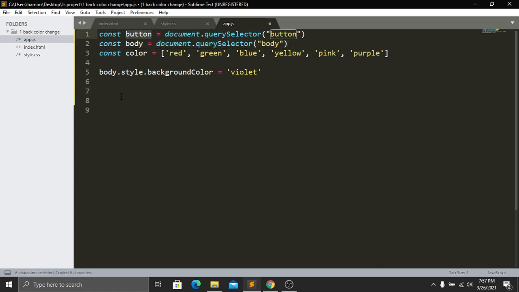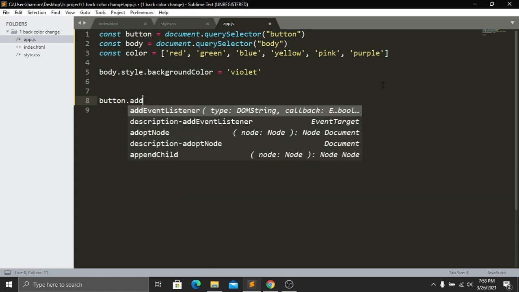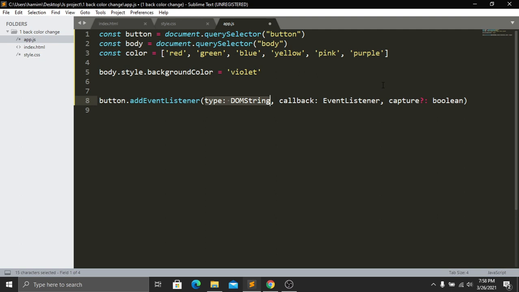So that's why it will be button, and then I want to give the instruction. This JavaScript program will understand my command only through the event listener. So that's why I have to add an event listener. That's it. Here in JavaScript we have some names for these events. Here we have click, mouse in, hover, mouse out, different kinds of names. So I want to click, because whenever I click on this button, I want to change the background color. So we have to give the click here.